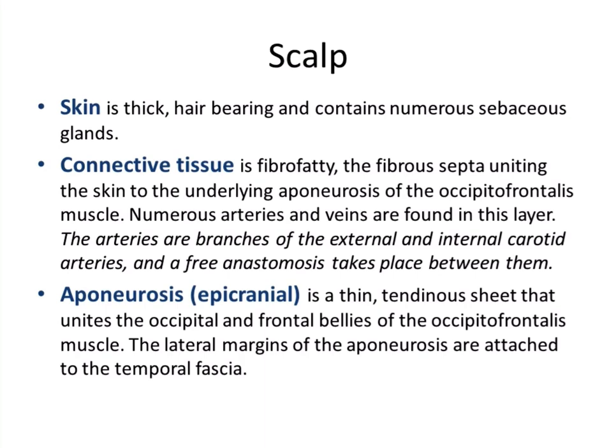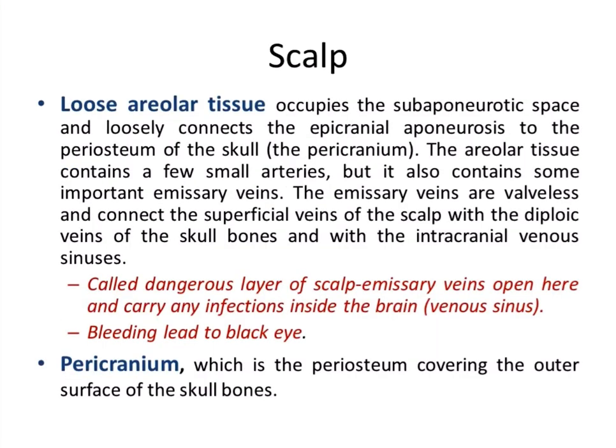The lateral margins of the aponeurosis are attached to the temporal fascia. The skin, dense connective tissue, and the aponeurosis, we call the scalp proper because they are the main bulk. The fourth layer is a thin layer of loose areolar tissue,